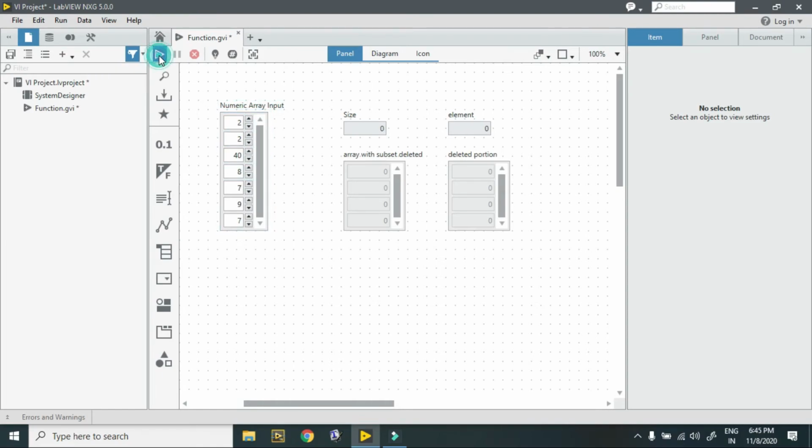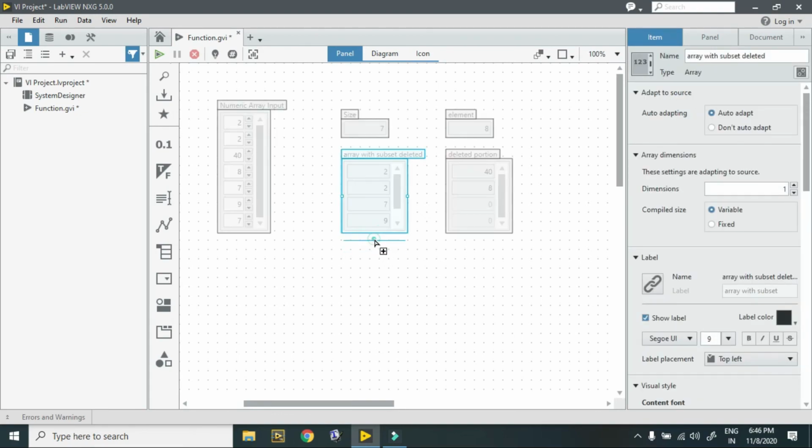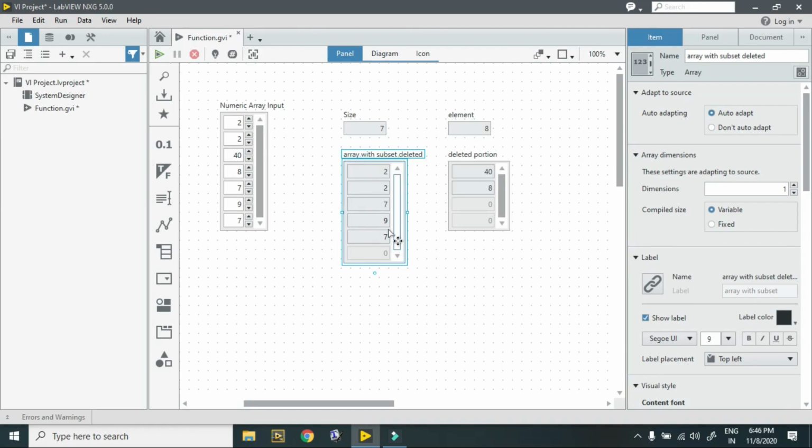When I hit the run button, as you see, this gives me 40 and 8. From here this one is deleted and this one is deleted, and the remaining are 2, 2, 7, 9, 7. I increase this, so 7, 9, 7.